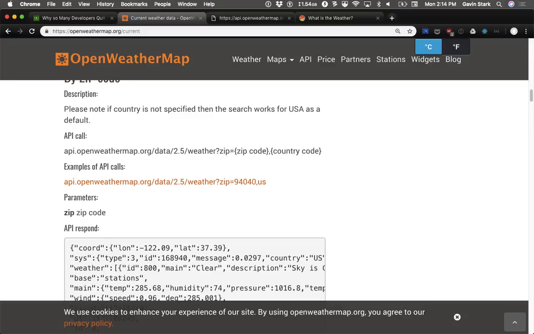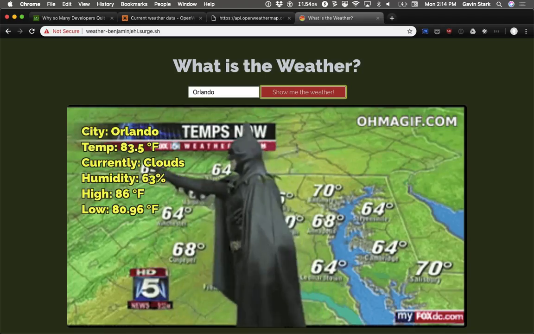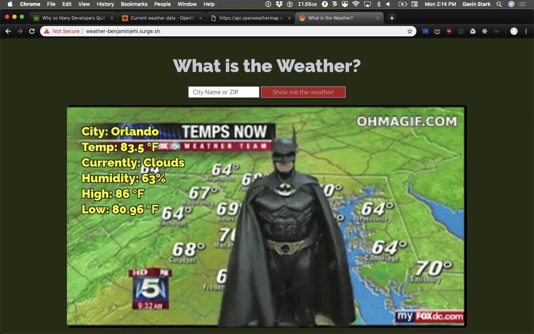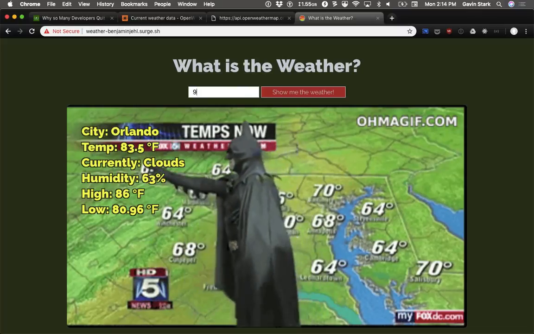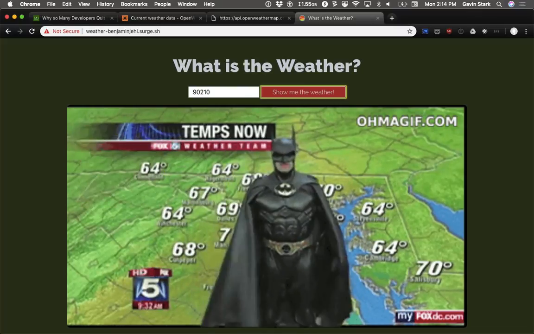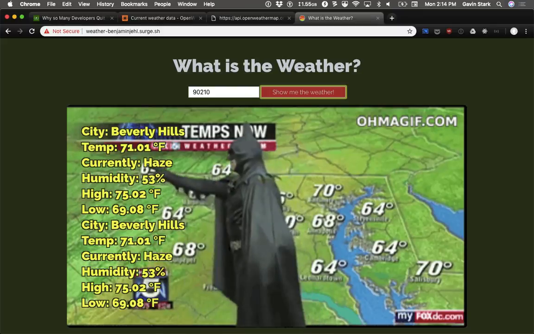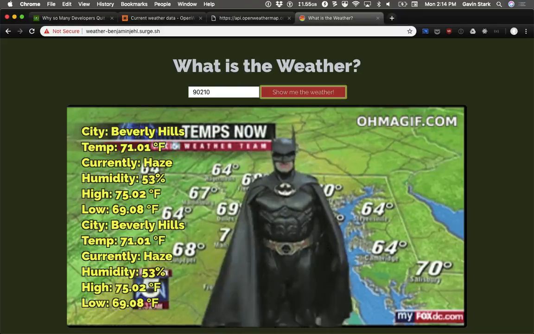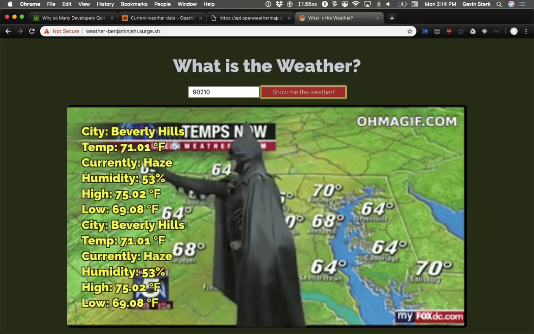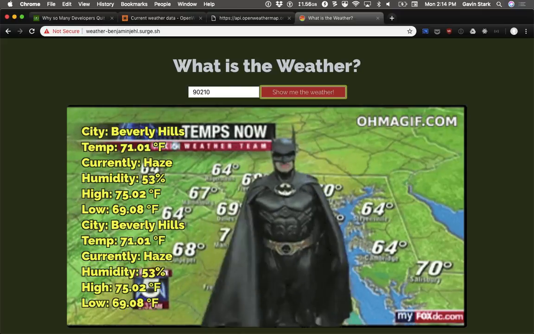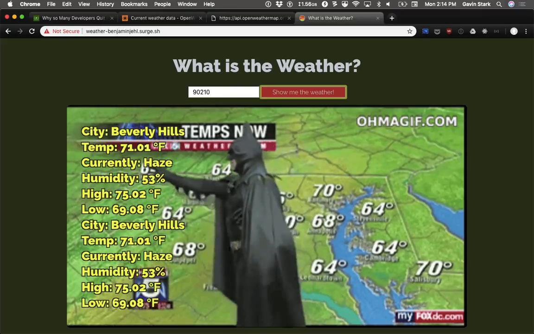You can do it with two different input buttons if you want. This student came up with a way of doing it in one. City name or zip, like 90210, Beverly Hills. If you want to have one input and a button for a city name and another input and a button for zip,